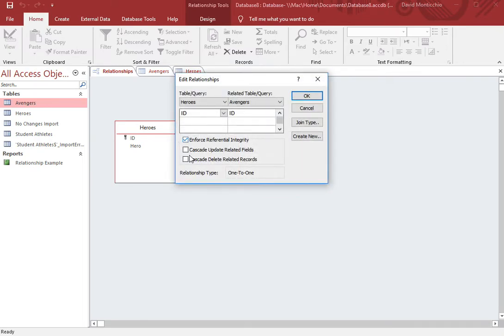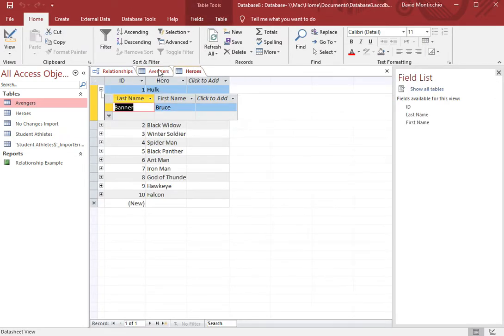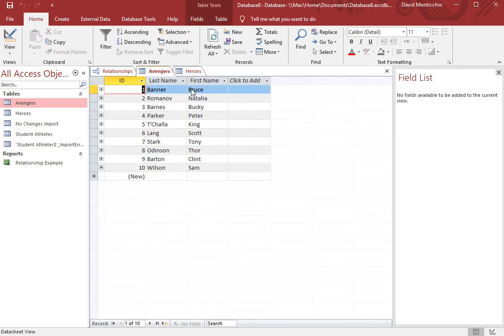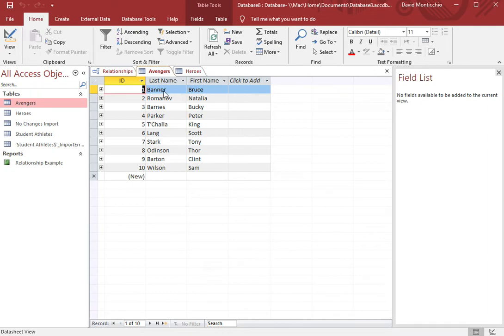Maybe I don't want this. Maybe I want something else. Or if I wanted to simply delete it entirely, I could delete it entirely. Of course, once again, make sure you're outside of these things before you change anything about it. Because if I were to try to change something about this right now, it's not going to work. So, for example, if I were to change, let's try,